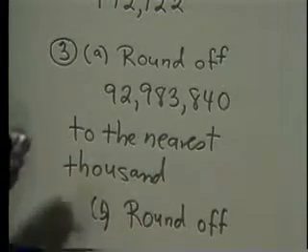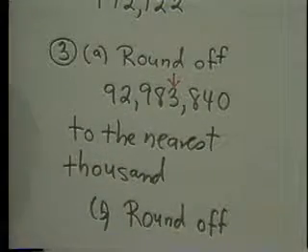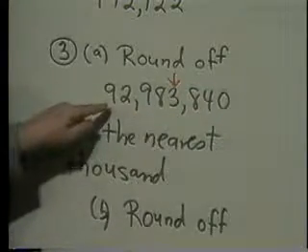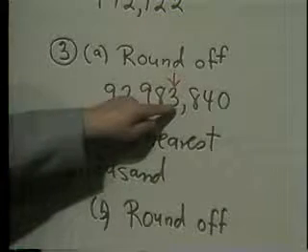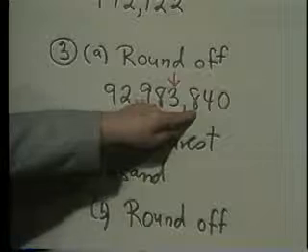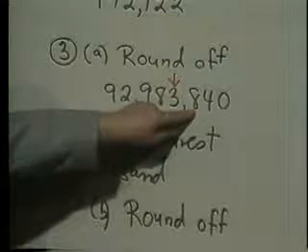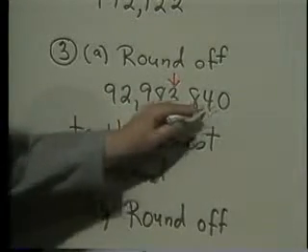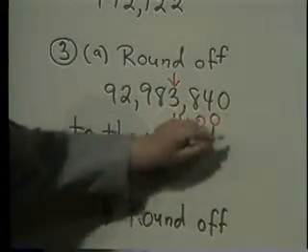Now, what does to the nearest thousand mean? It means that we want to look at this column over here, the thousands column. Well, take a look at this. You see, if you ignore the 840, you're between 92,983 and 92,984. Which multiple of 1,000 are you closer to? Well, since this digit over here is an 8, that means you're closer to the next higher multiple than to this one here. In other words, since this is more than halfway between, you change the 3 to a 4, drop everything else,